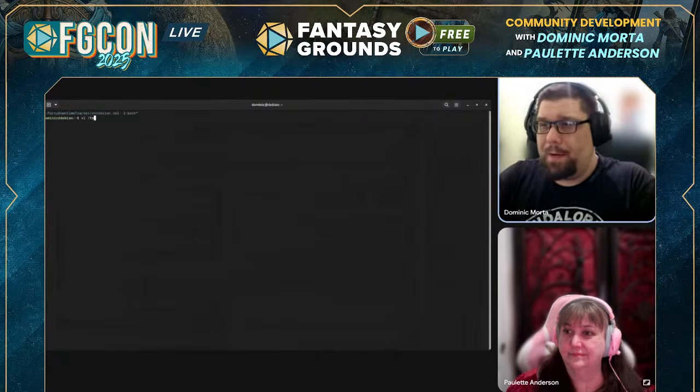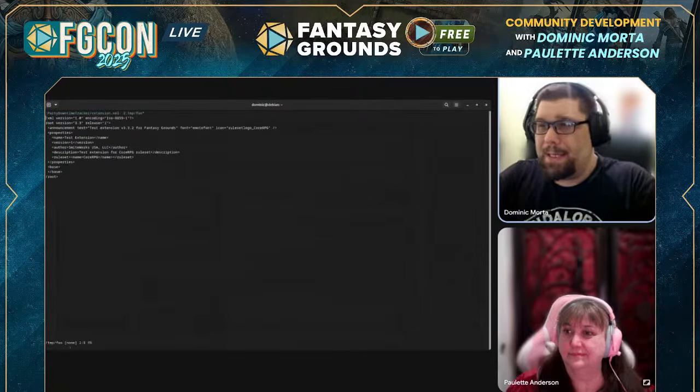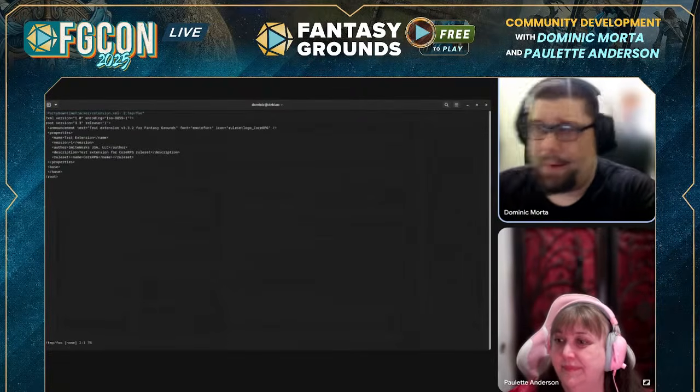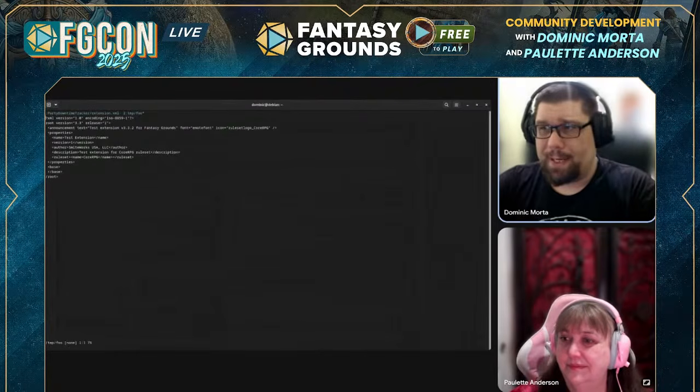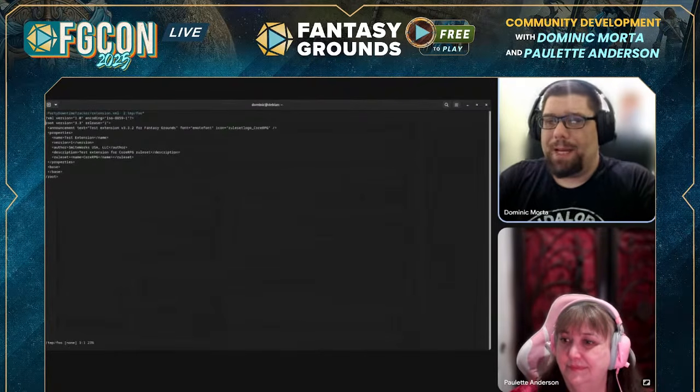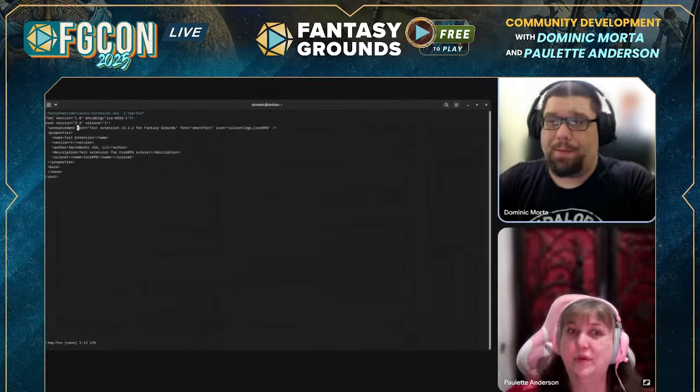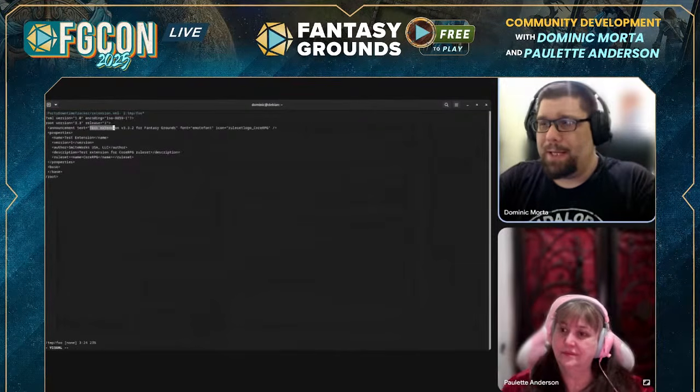So let's go here, and I'm going to paste this. Now we have the file ready to go. I've already copy and pasted it into my text editor. Now we can actually make changes here, and that's the fun part about this. So now I can change this. I want to call it party